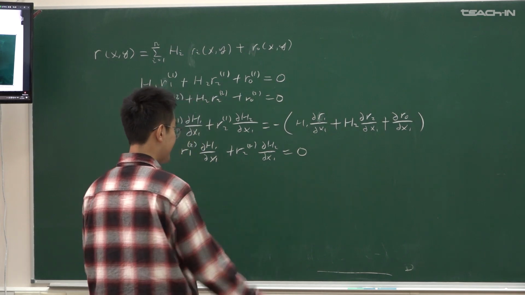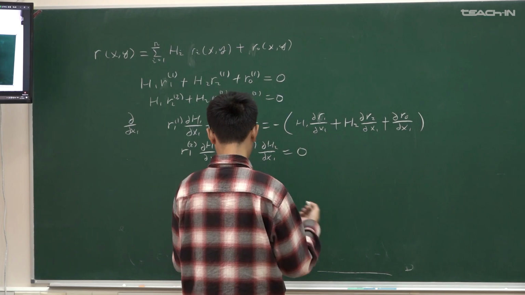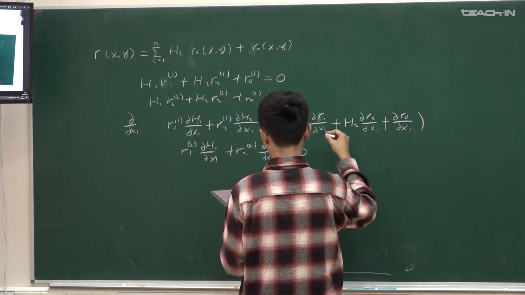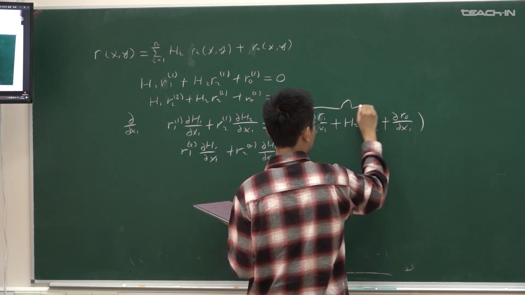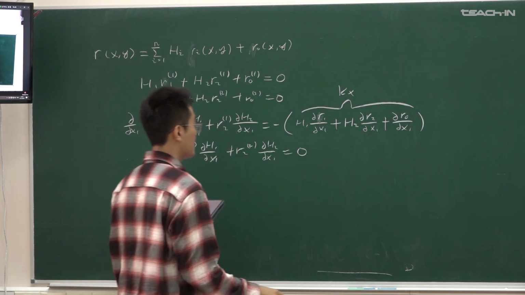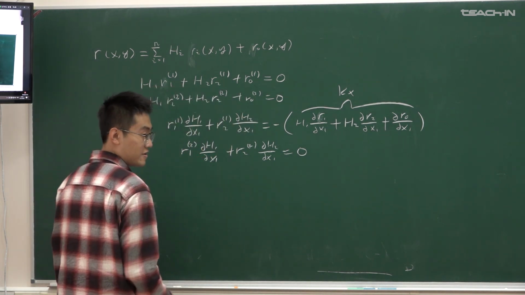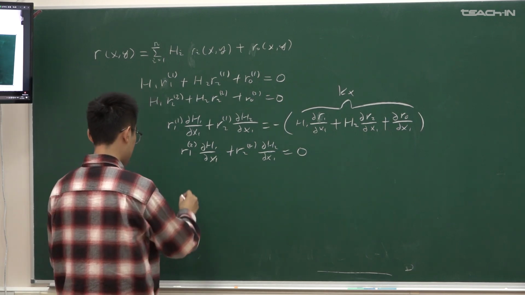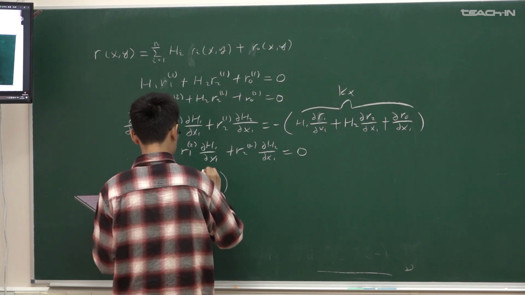To rewrite it in a good way, I use some simplified signs, and so let's call this one kx. And you see now it is a linear function. We could write it as